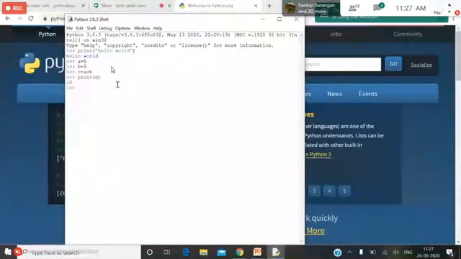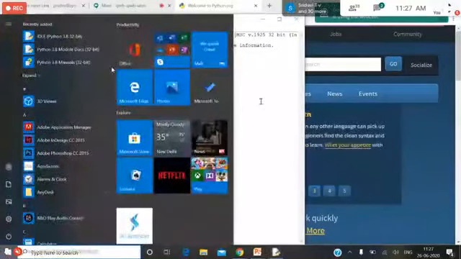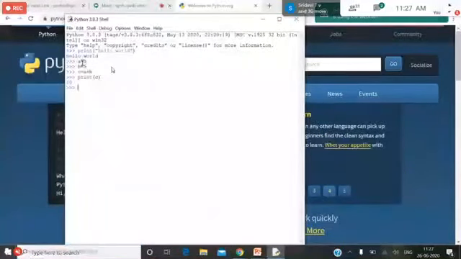So this is one method, for IDLE. Here you have to type the commands one by one and execute. As I said earlier, I am not using any semicolon or terminator symbol to end the lines. By default, the cursor will come to the next line. So this is nothing but executing the commands line by line, one by one.